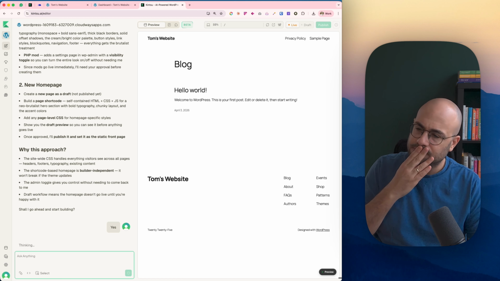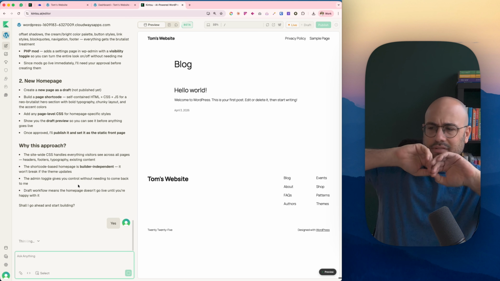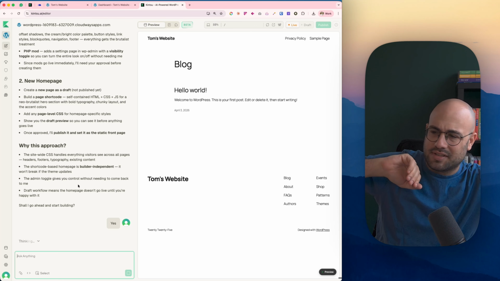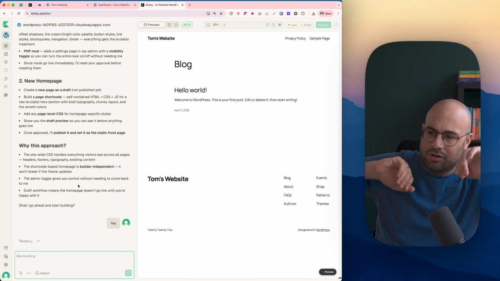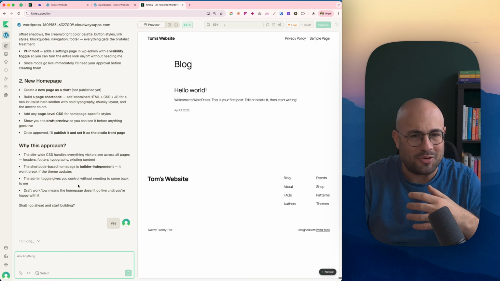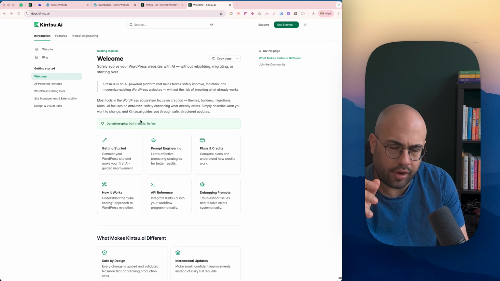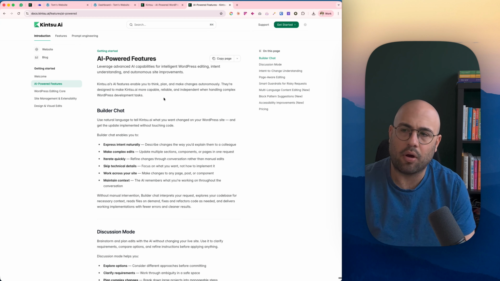It's funny because I don't know if you noticed, but it did divide the problem into two parts. So like the site-wide CSS, which is the right way to solve the creating of the new theme, editing the new theme. It also does all of the, we will set it and publish it and do all the work. So I'm going to let it be for a moment, and I'm going to come back to it once it's done. While we're waiting for the agent to finish, I do want to talk about their